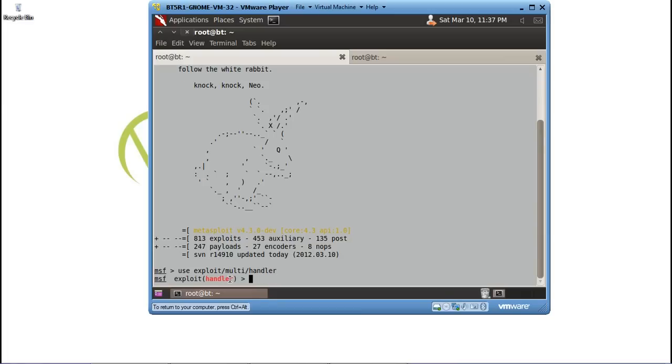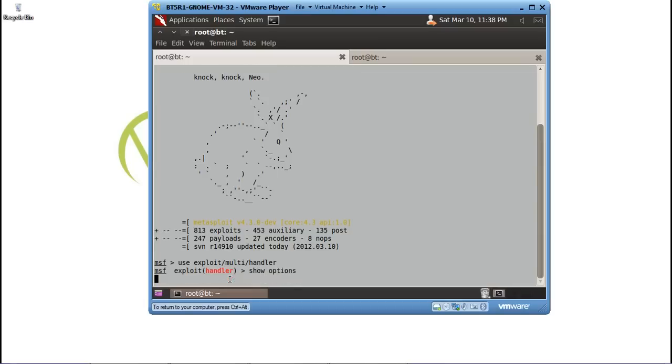Once we hit enter, we'll come to this particular prompt, that is exploit handler. Once we are into this prompt, let's see what all options we have with us.